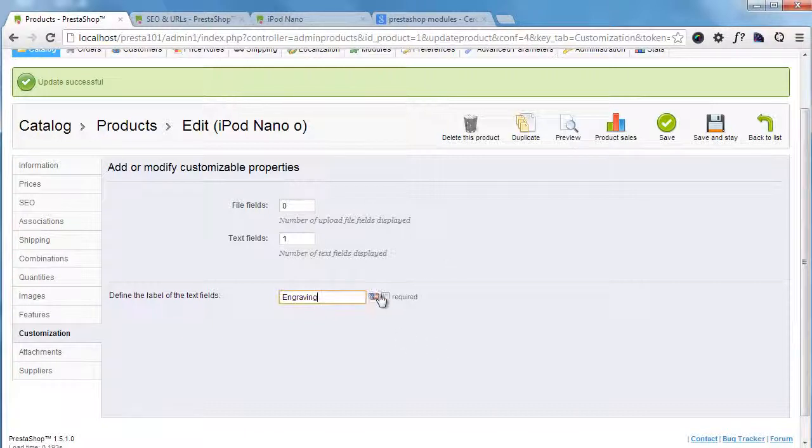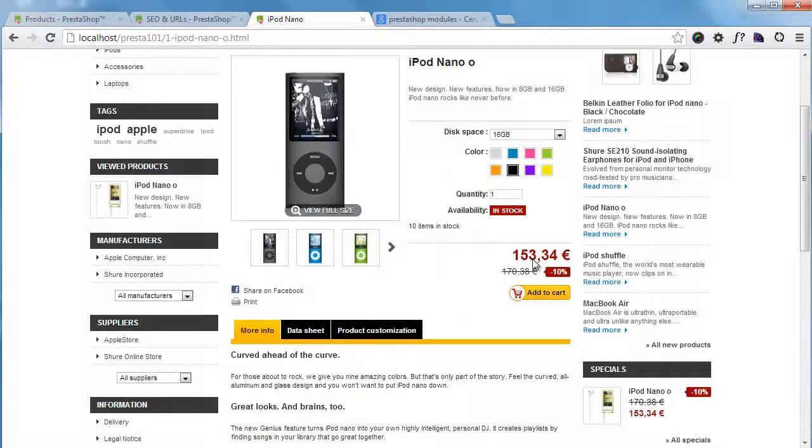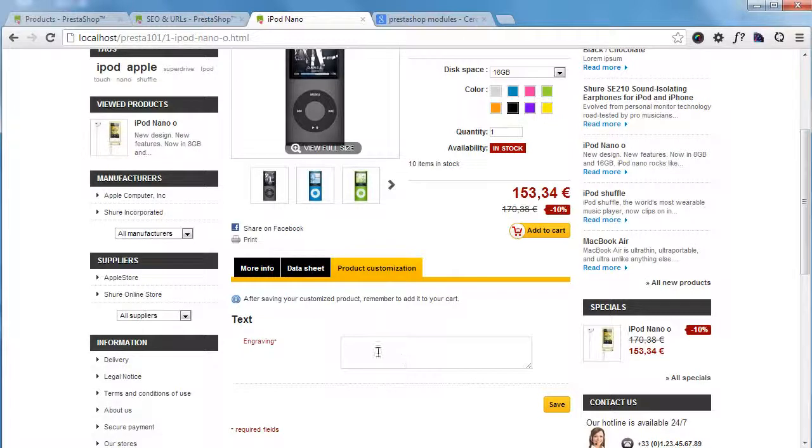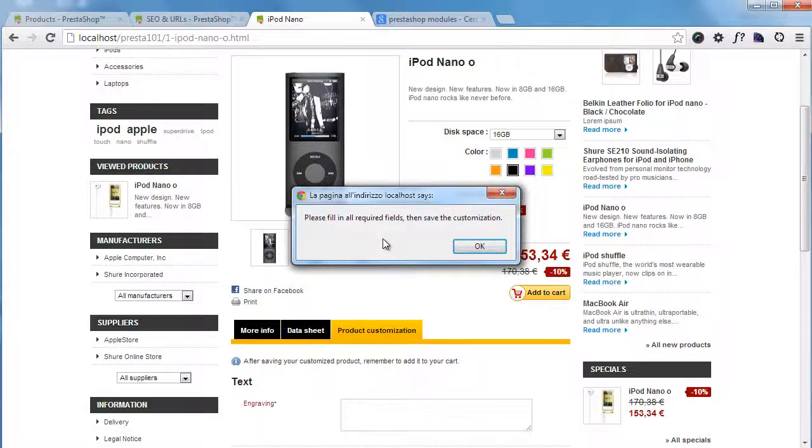I will set it as required. And if this is required, customers will not be able to add the product to the cart without having priorly filled in this text field. So save and stay again. Back to front office, you will see this product customization appear. And here it is necessary now to add, you can see this required field, to add the engraving text. So if I don't do this and try to add to cart, you will see please fill in all required